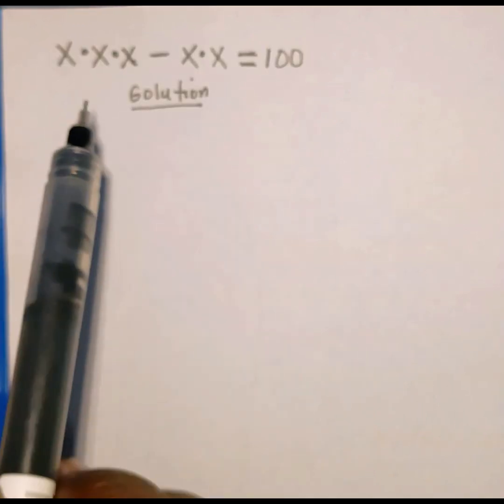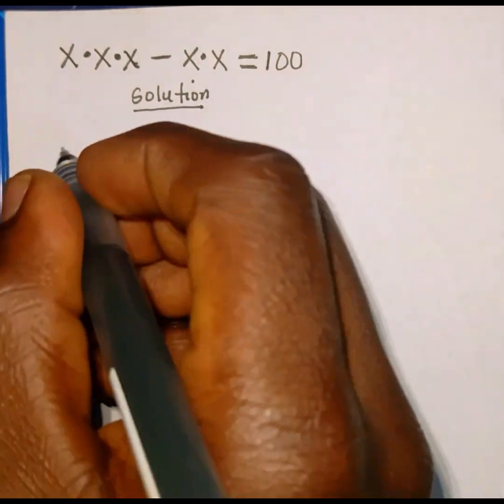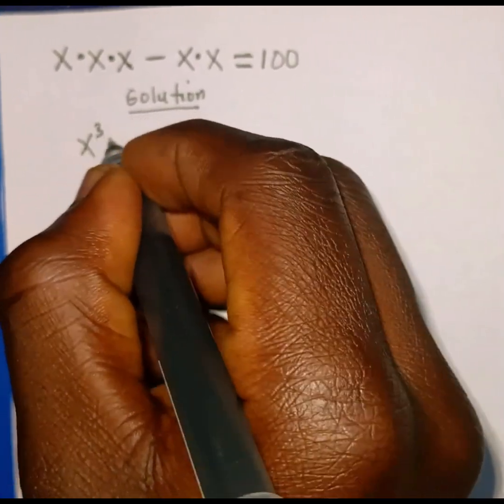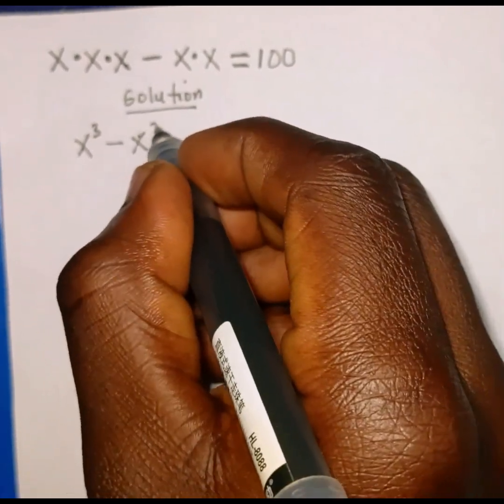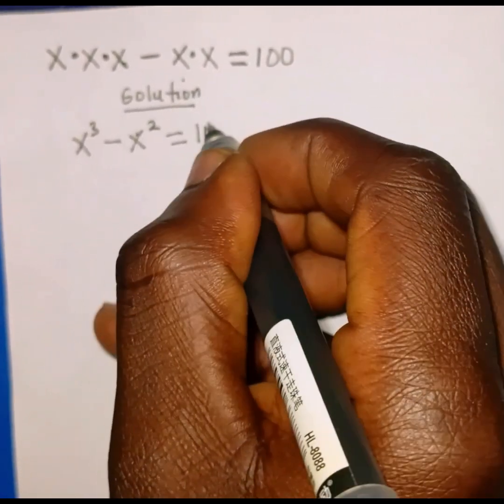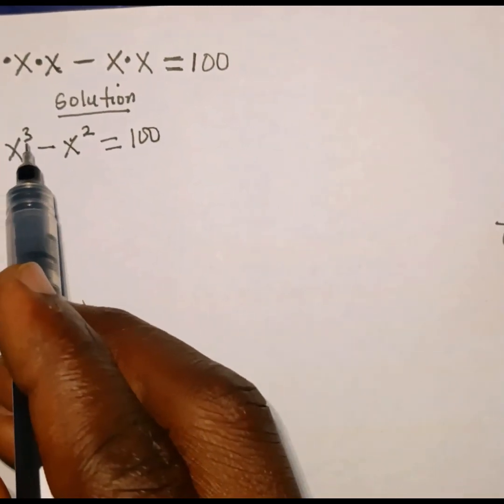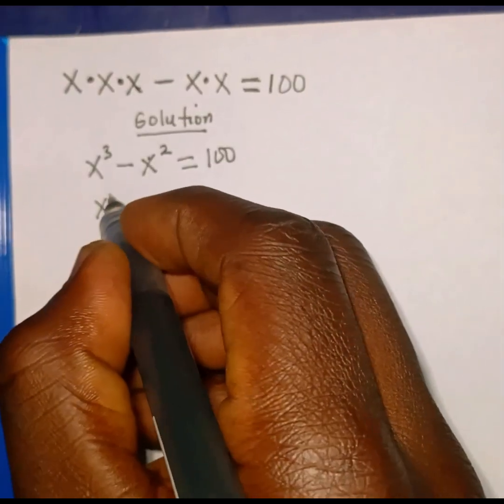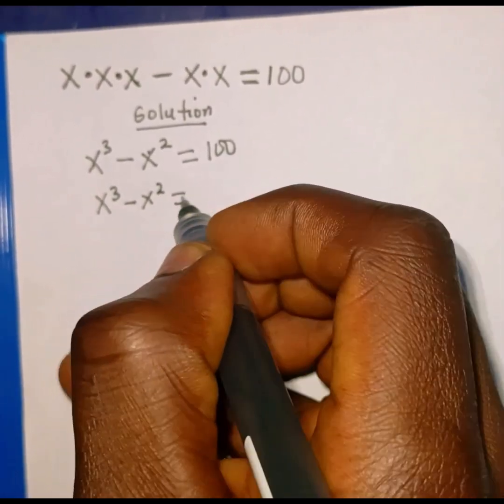First, on the left hand side of this equation, we have x multiplied by x multiplied by x. When you do the multiplication, it's going to give us x raised to the power of 3. Then minus x multiplied by x is the same as x to the power of 2, which is equal to 100. So the next thing we're going to observe: we have x cubed and here is x squared. So we have x to the power 3, which is x cubed, minus x squared, which is equal to